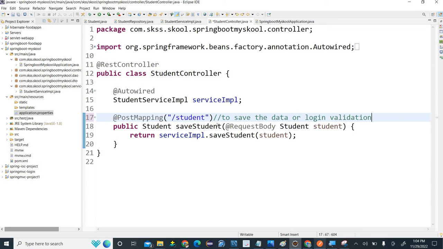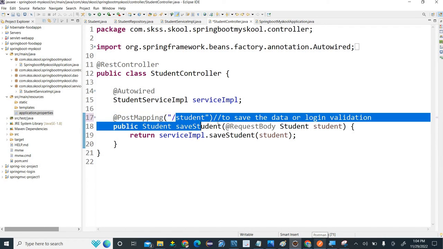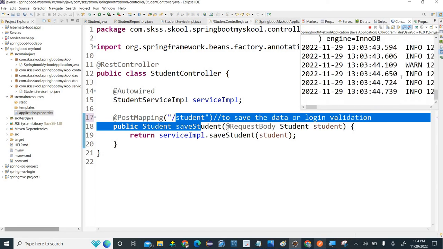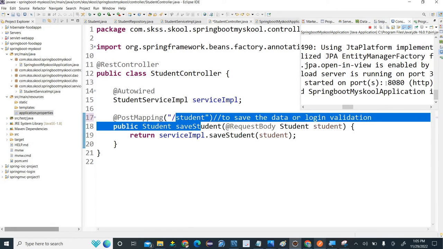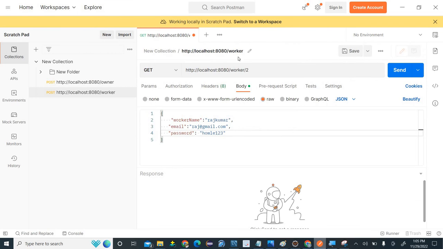so we have to provide the URL which is ending with student, and if you see the server, we have to look at the port number. So on port number 8080 the server is running. So here you have to be very careful because you cannot use HTTPS. Okay, so we'll provide student as a URL and use post to save the data, and here we have to